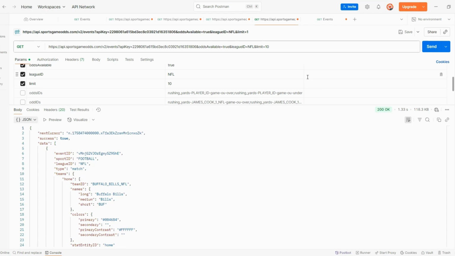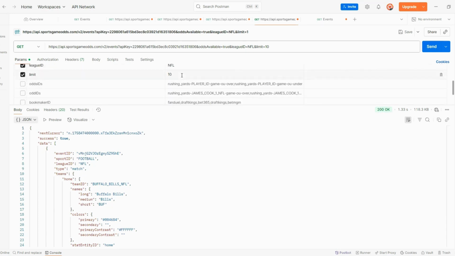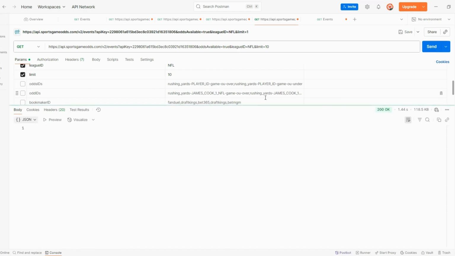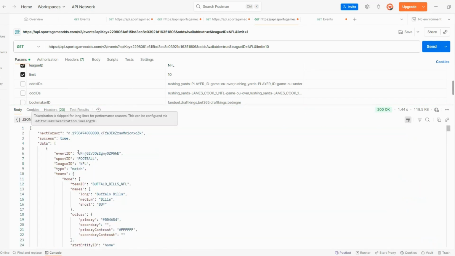Here's a basic request that fetches NFL events with player props included. I've set odds available to true and league ID to NFL and limit to 10. This ensures we only get NFL games, and only those games where betting odds are currently available. The limits ensure you don't pull all data, which is helpful when you are on the free tier, which has